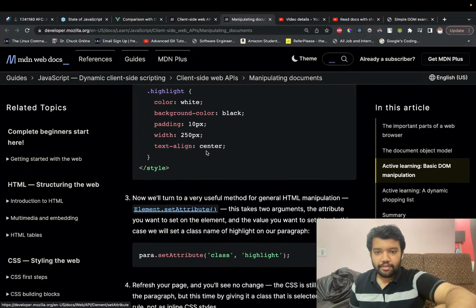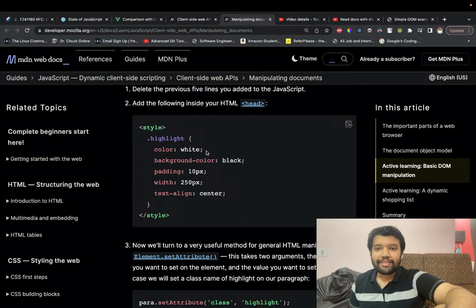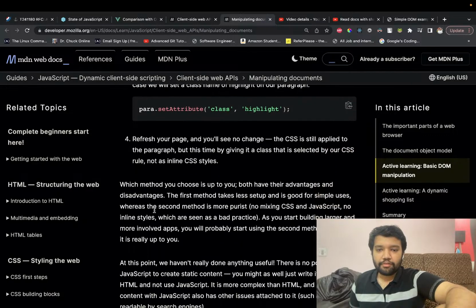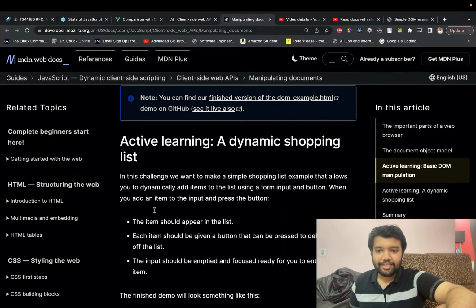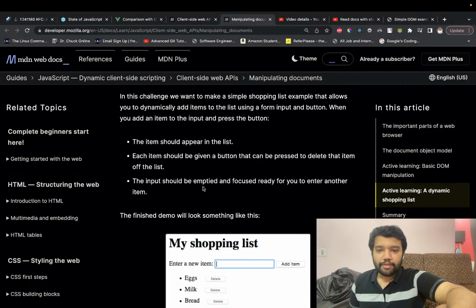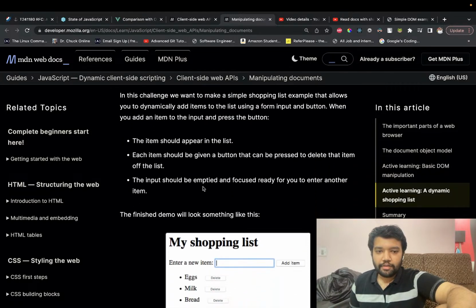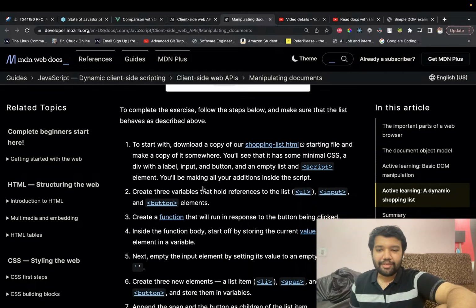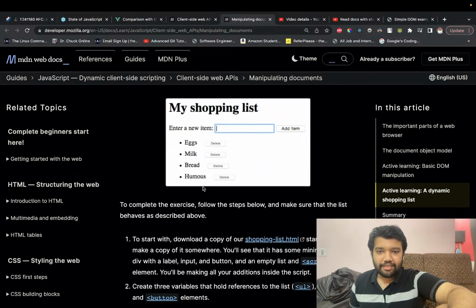So they are creating a style tag and then adding an attribute to the paragraph to add the style. Dynamic shopping list. Okay, so they are making a shopping list. So add item. Basically, I guess they'll make an array and then